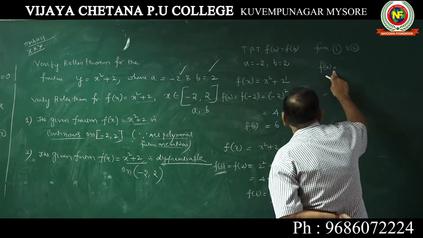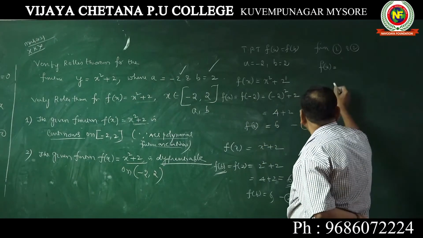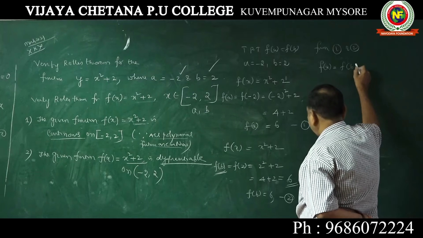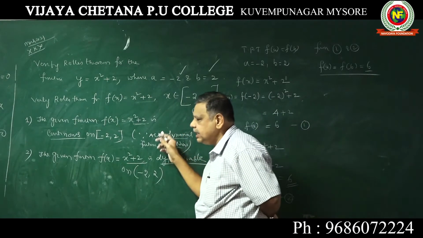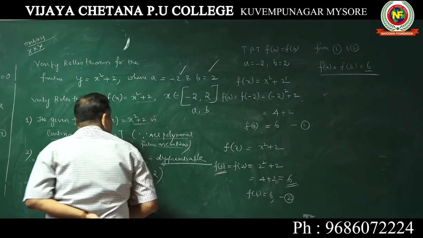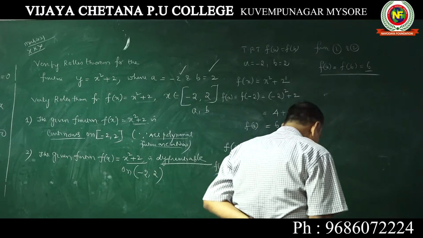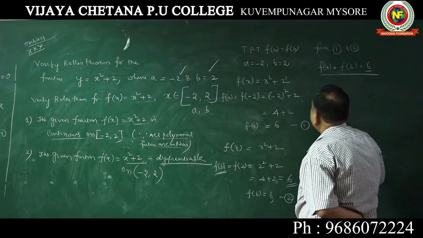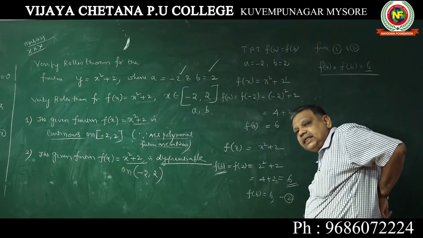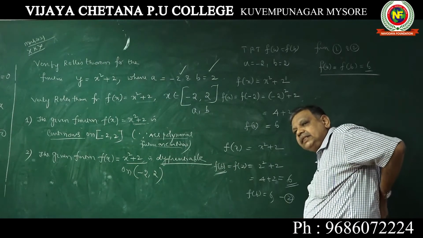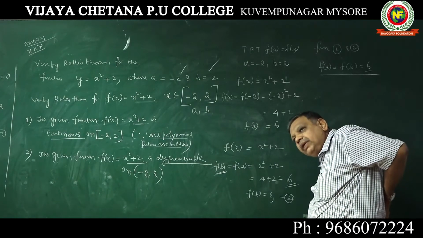f of a is equal to f of b is equal to 6. So you have proved the third condition. One condition is this, second condition is this, and the third condition is f of a is equal to f of b. The last condition is there exists c such that